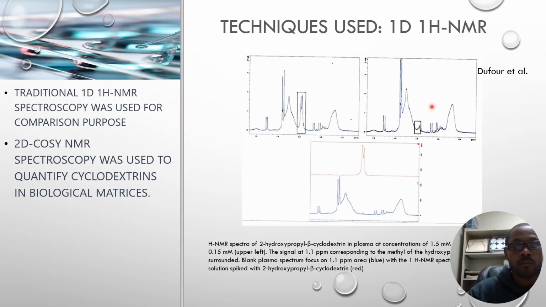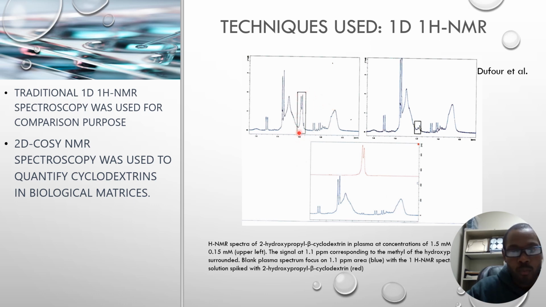Here we have two NMR spectra of cyclodextrin at different concentrations. Right here, we have the NMR spectrum of 2-hydroxypropyl beta cyclodextrin at 1.1, and right here you see the